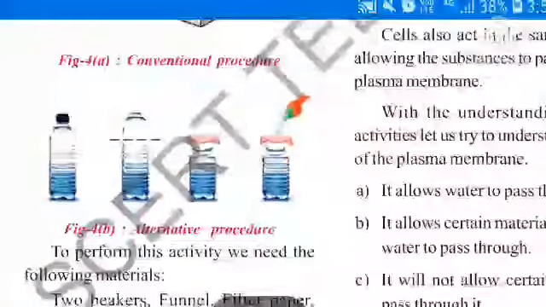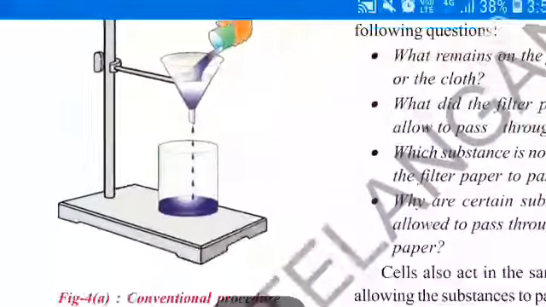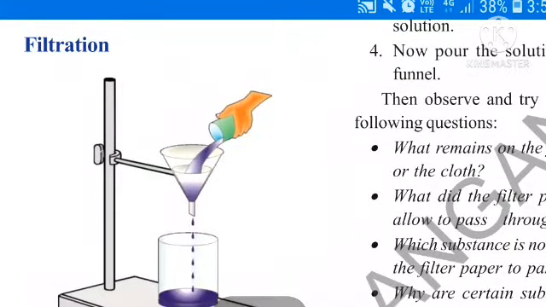See, this is the activity. What are your observations? By filtration, water along with the dissolved flour reaches the beaker below the funnel. Filter paper does not allow the undissolved wheat flour to pass through it, and it remained as precipitate on the filter paper. This is one of the activities. Next one is